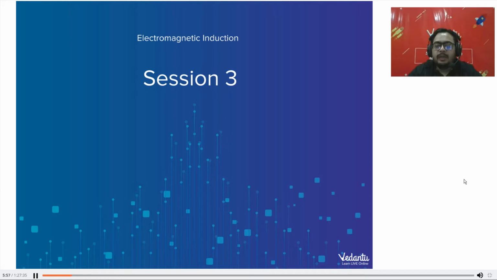Someone is asking about galvanometer. Beta, that is covered in magnetism and matter. That is the chapter after this. Magnetism and matter is the name of the chapter in which we cover moving coil galvanometer, electromagnets, permanent magnets, Earth's magnetism. All this is covered in the chapter after this. So it is not like we have skipped anything. It is just that it is in the chapter after this.